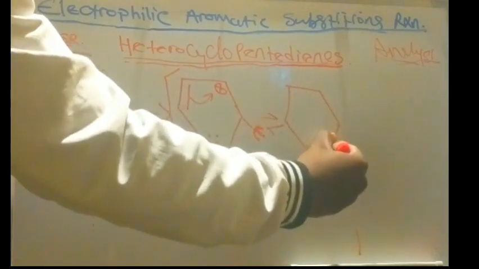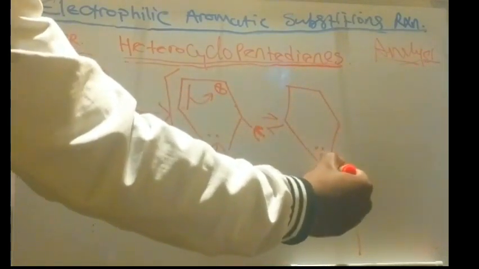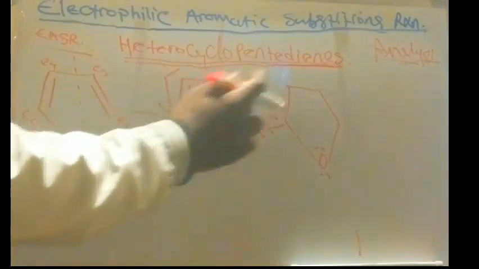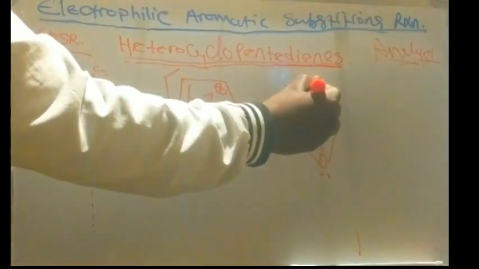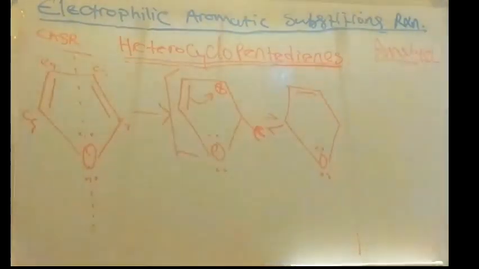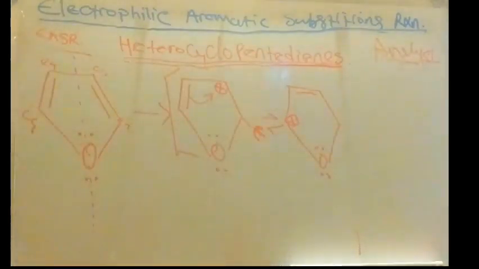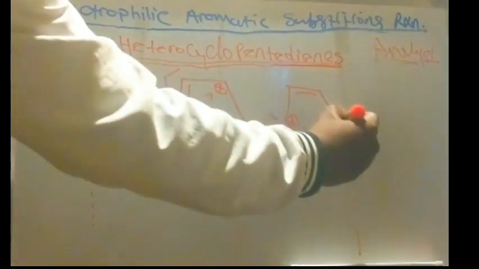So this is our oxygen. Let's always indicate the lone pairs. They are quite cardinal in these reactions. So if this stabilization occurs, there's a new solid bond formed on this position, and there's a positive charge generated on this position. So this is our second